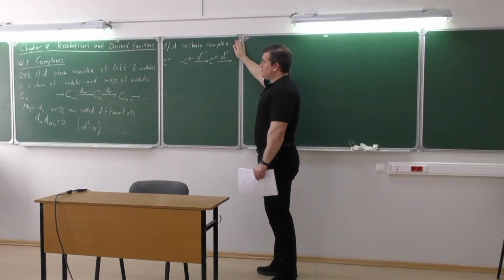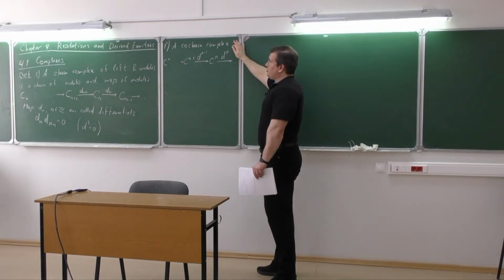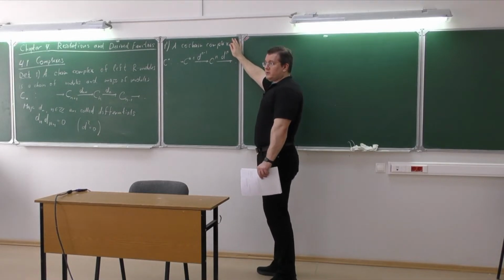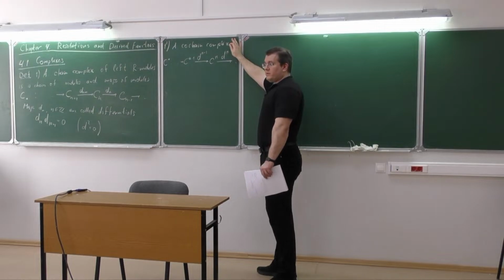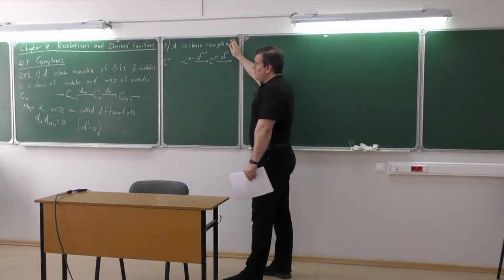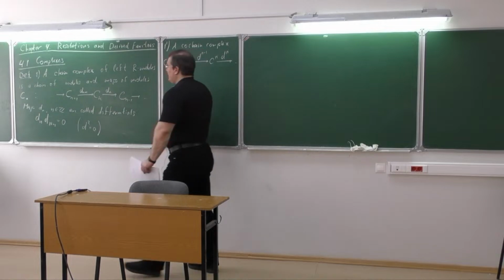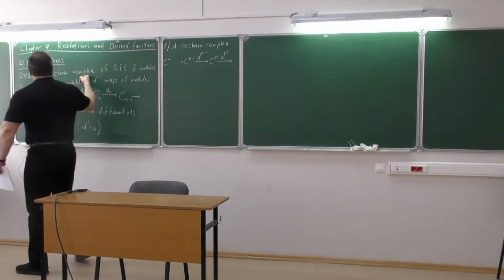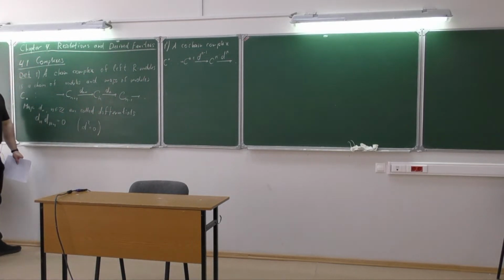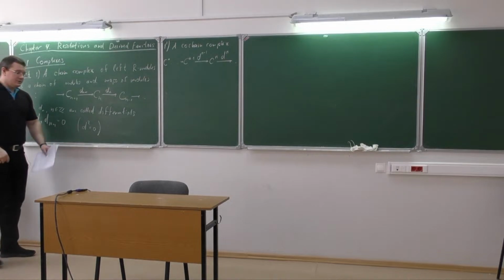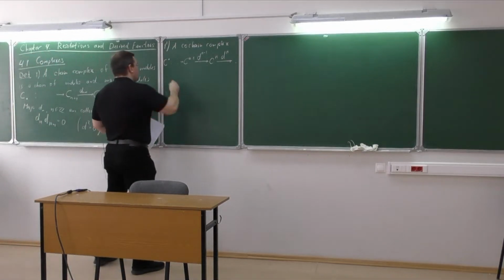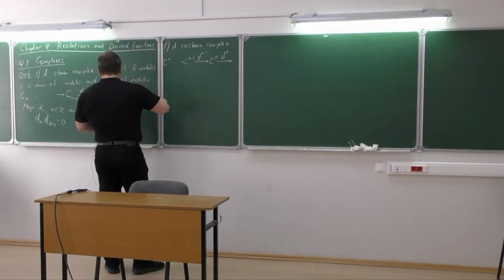In the applications, sometimes a complex comes where we can see that it is naturally a cochain complex, for example, differential forms on a manifold. This is a cochain complex. Or if you try to compute homology of some topological space, if this is homology, this will be a chain complex. If this is cohomology, this is a cochain complex. So it's important in the examples. Okay, so the second part of the definition,